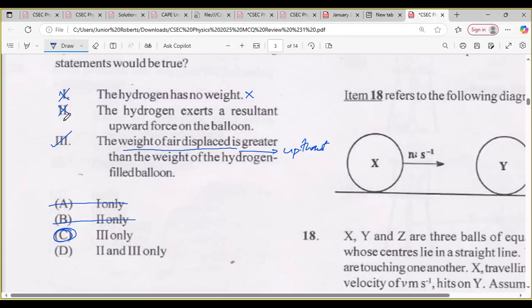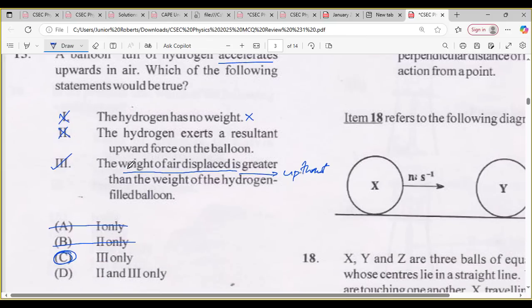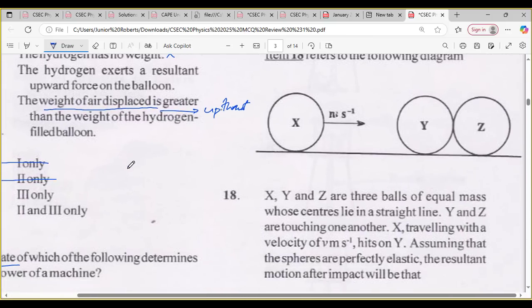Yes. Alright, so I'm still taking a second look at it. It says that the hydrogen exerts a resultant upward force. Again, upward force is due to the surrounding fluid. And again, it says that we have a balloon filled with hydrogen and it accelerates upwards in air. So we have to be a little bit keen in terms of what's really taking place right here. So that's that. Number 18 now says,